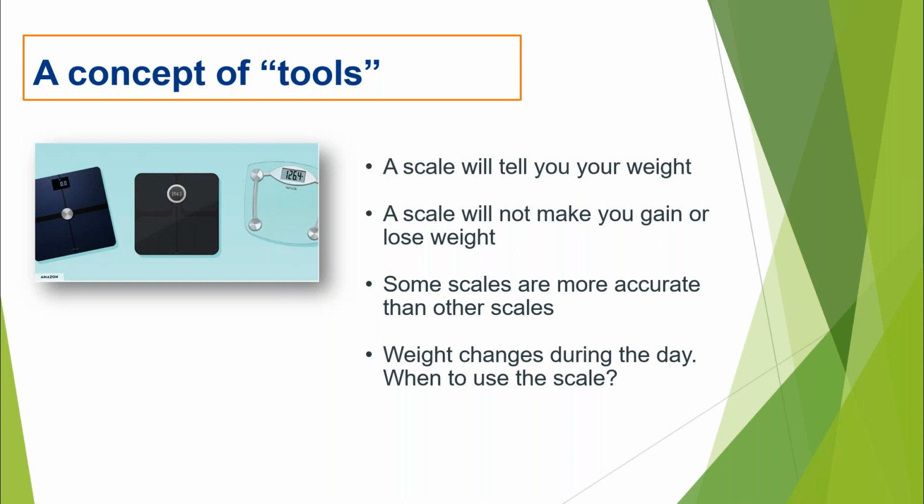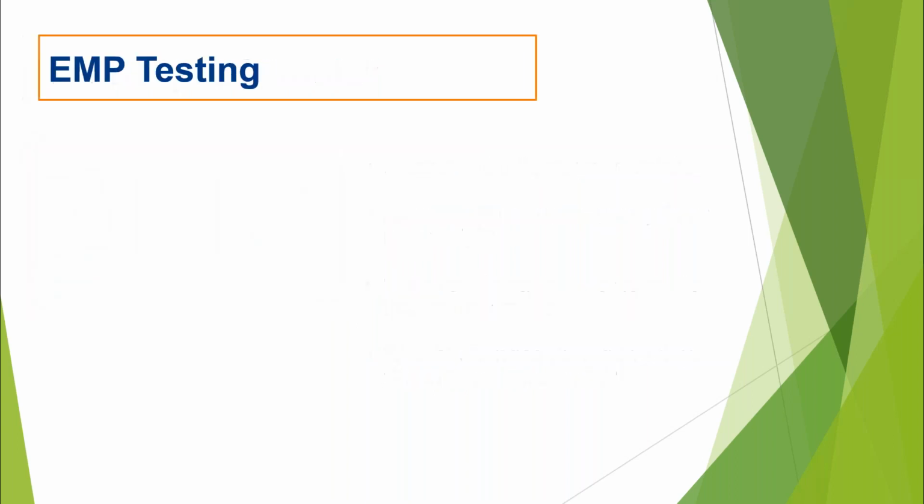The other thing about using a scale when you're trying to gain or lose weight is that your weight changes throughout the day. So when should you hop on the scale? Certainly, if you want to know when you're the lightest, you can figure out what time of the day you need to hop on that scale. But that may not be your true reflection of your weight. And that's certainly true in environmental monitoring. If you're worried about what your product might experience, doing testing at the very beginning, right after sanitation, may not be the most reflective assessment of your risk. So these are all components that we need to think about when we're designing environmental monitoring. What kind of tool are we going to use, and how do we use it? So we'll go more into that.